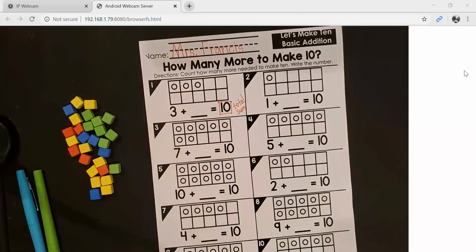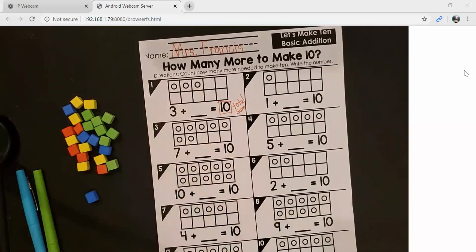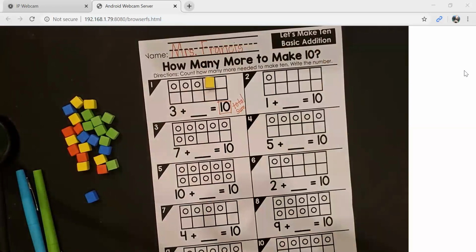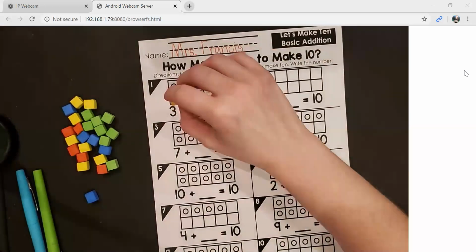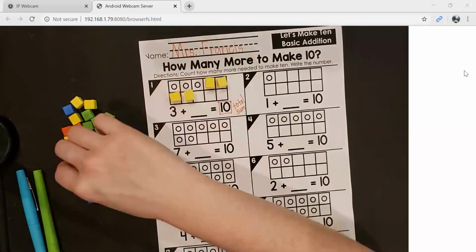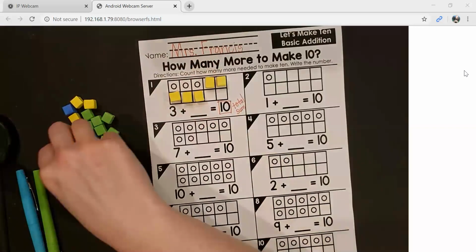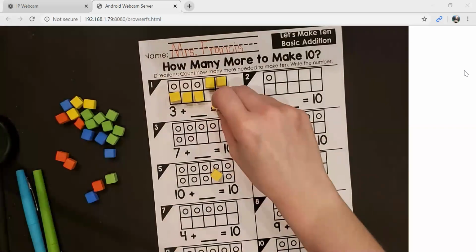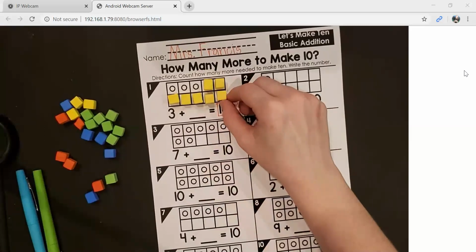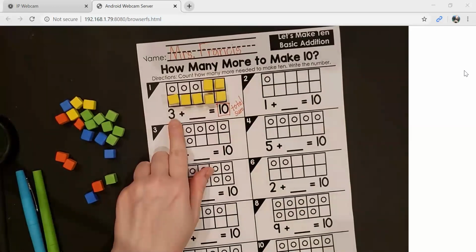So let's see, I'm going to use yellow to solve this. I know that I need to fill up that whole 10 frame. So this little box is not filled up. Let me get that one, 2, 3, count with me, 4, 5. Am I filled up yet? No, I have to keep going. 6 and 7. So I had 3 circles